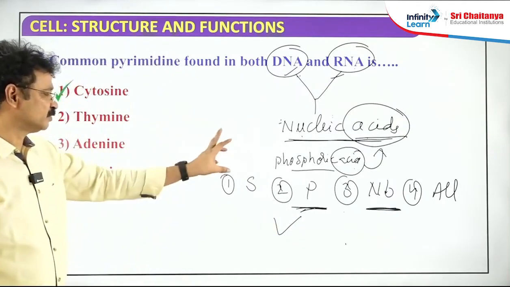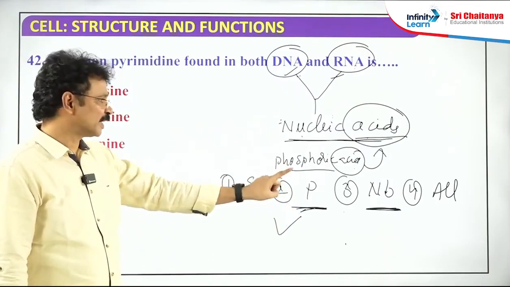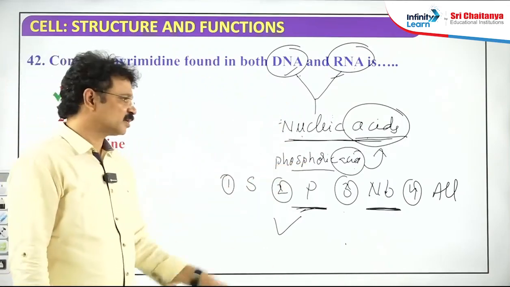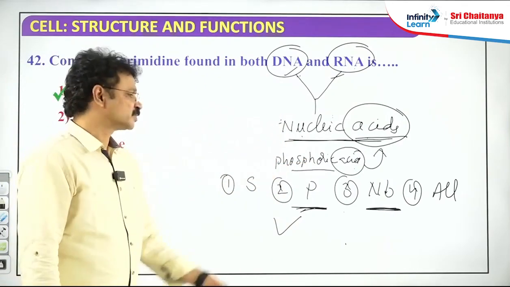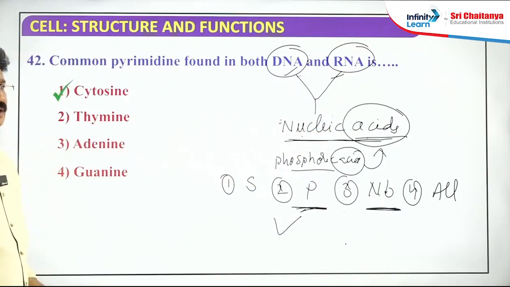Once again, listen to the question. What kind of chemical constituent of a nucleic acid can contribute to the acidic nature? Phosphoric acid, because basically it is the acid group. That's why this group causes the acidic nature of nucleic acids, both DNA and RNA.